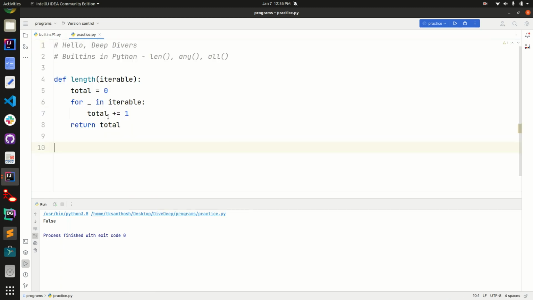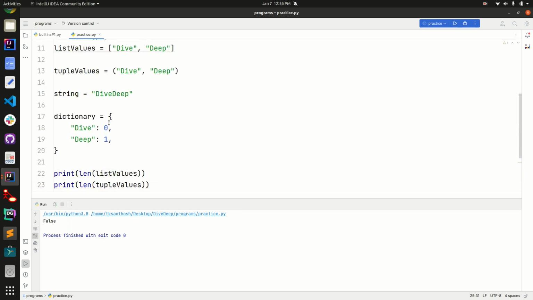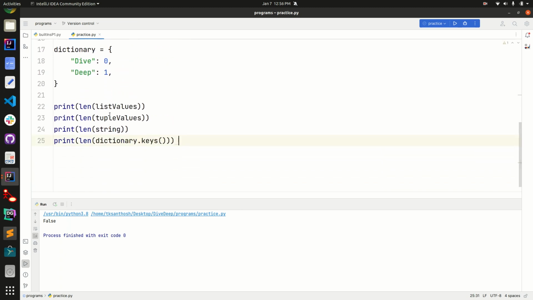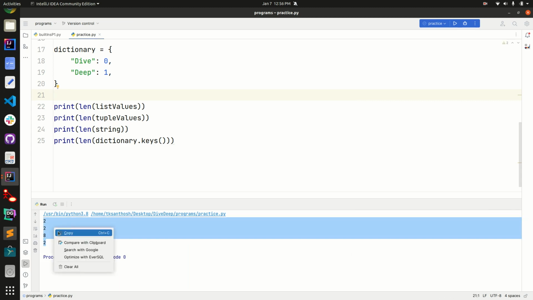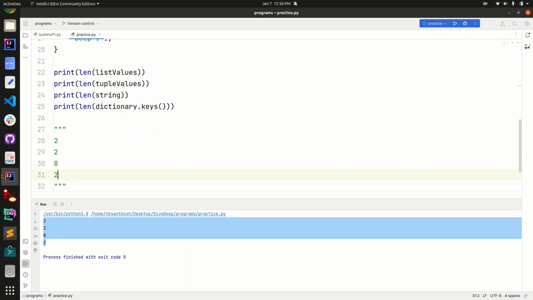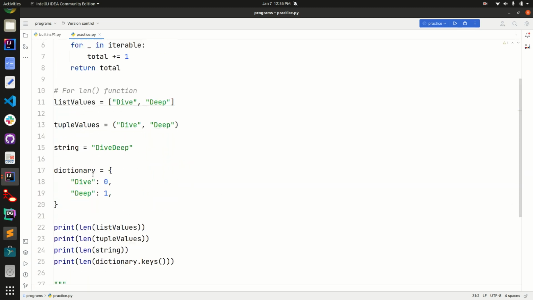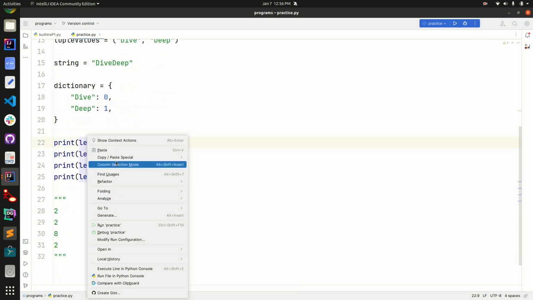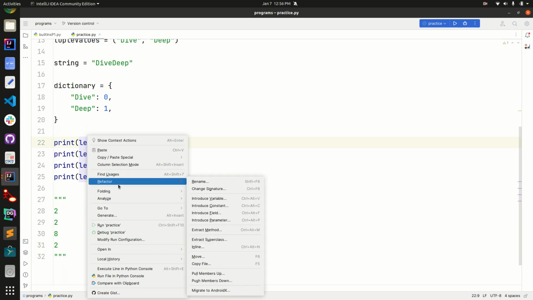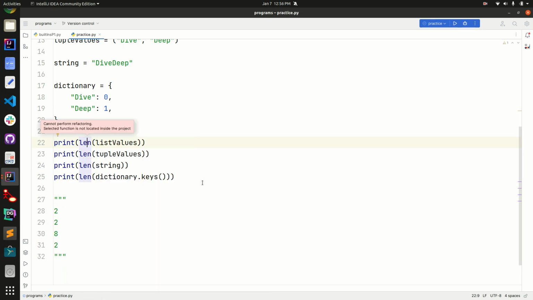Let's use this example to demonstrate. I'm gonna copy this and paste it here to check if the same value is returned by our length function. I'm gonna rename it. It's not accepting.